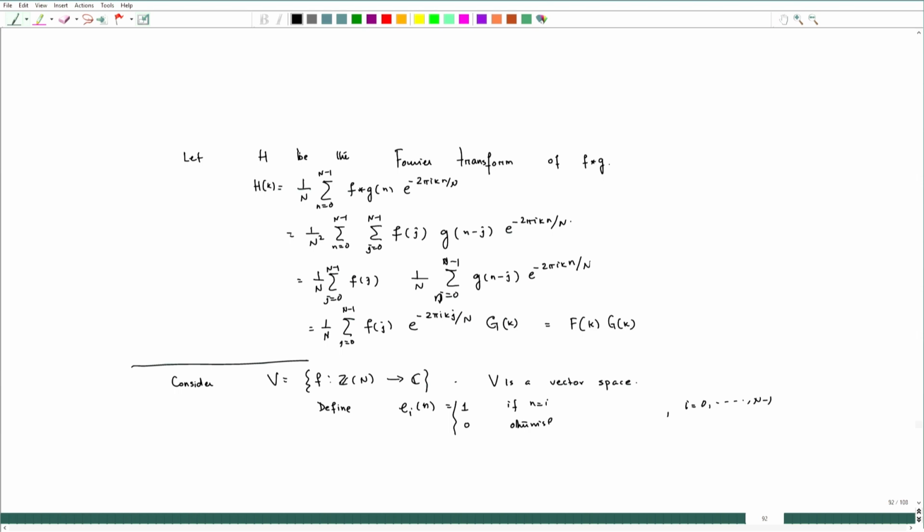For each i from 0 to N minus 1, I define this function. So there are N of these functions. Now, these E_i's,